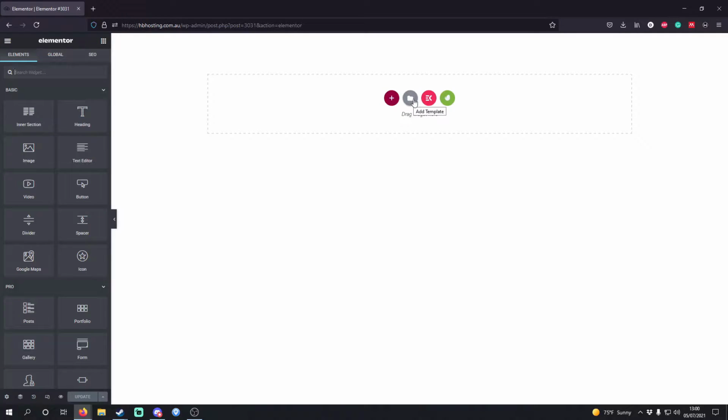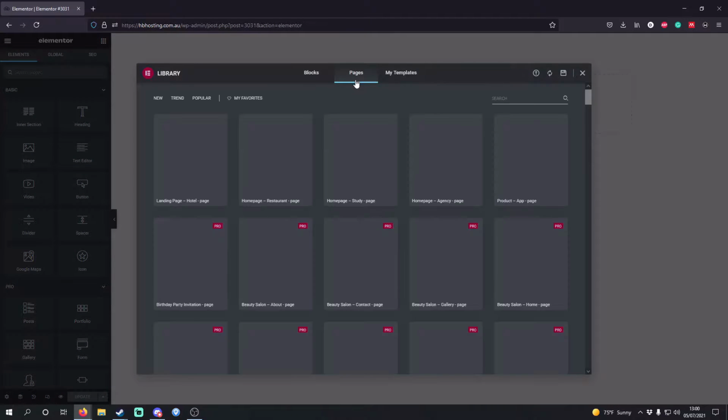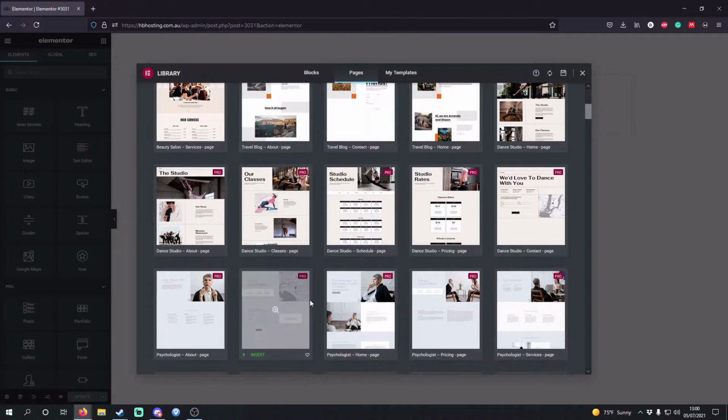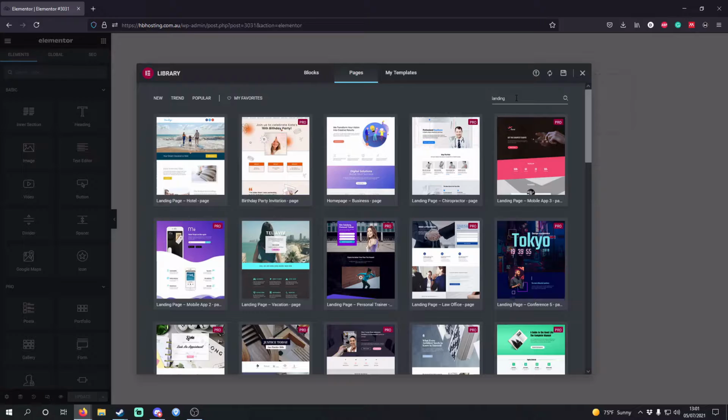So a few things we could do now is click Add Template if you want to use a template. There's a lot of pre-made templates over here that you could choose from. You just pick one. Let's say we like this one. Click Insert. Actually, let's look for a landing page. So let's say you like this one, you click Insert